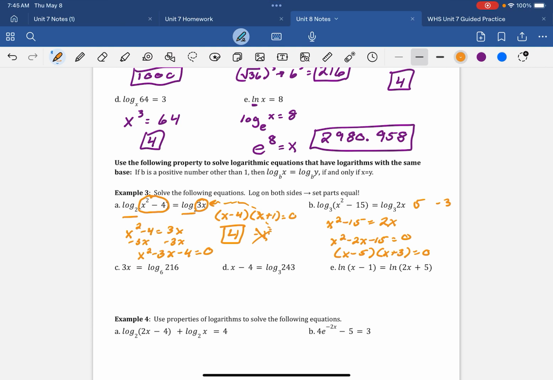The same thing applies where the 5, when I plug it back in, I get the number 10 on both sides. But when I plug in the number negative 3, right here, I get a negative 6. So that one does not work. I can do the same thing below